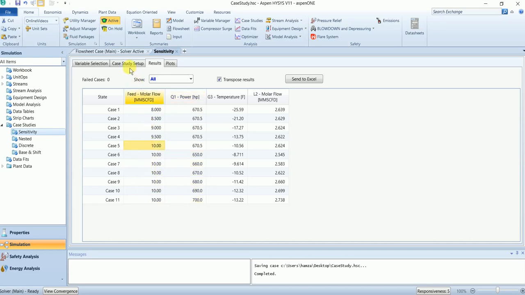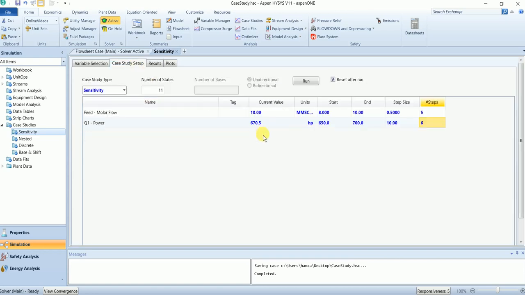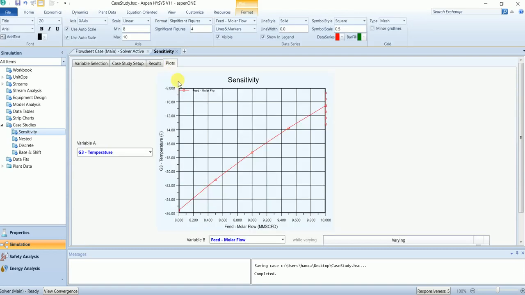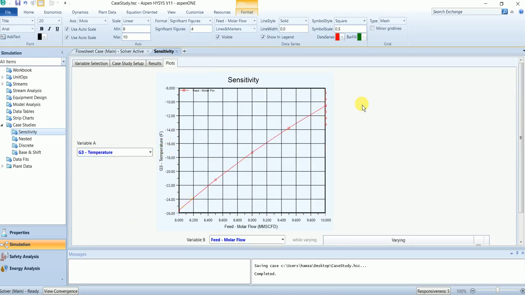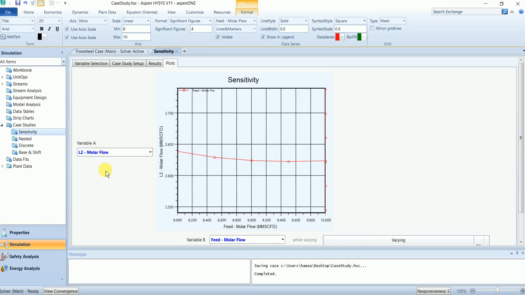The fixed values for these two are the current values in the simulation. Here is the plot of these results, and we can see the temperature is increasing with the increase of feed flow, while the L2 is slightly decreasing with increasing feed flow.